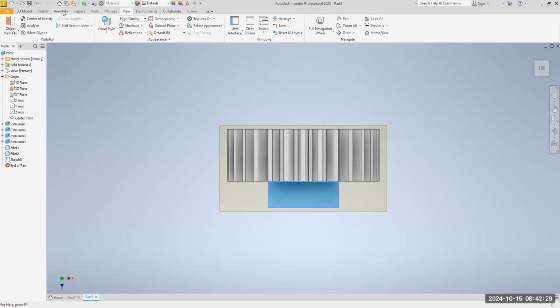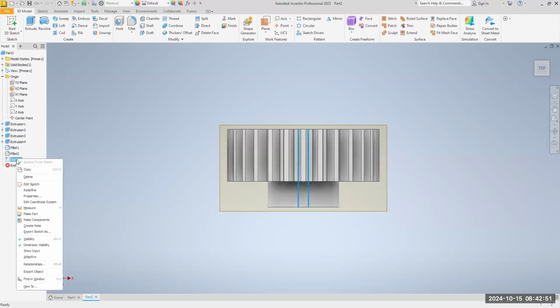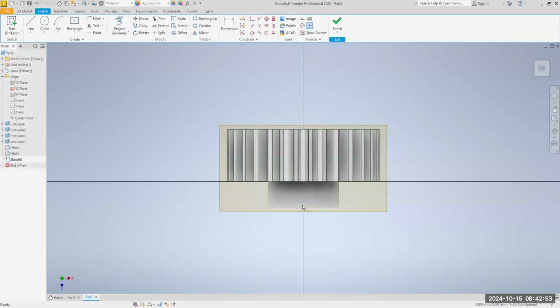All right, so I'm in this view here. What I want to do is go back to the sketch again, right click and edit the sketch. And I'm going to draw